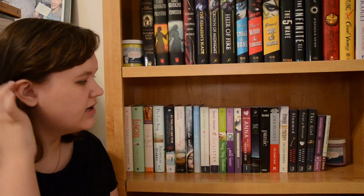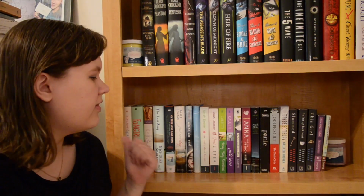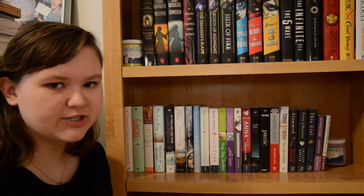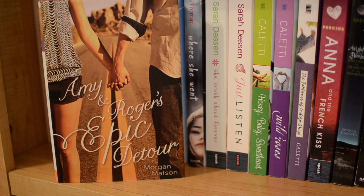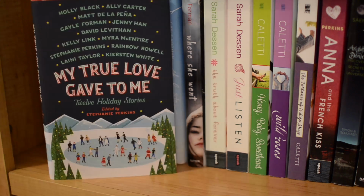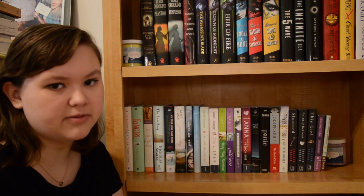So next we're moving on to my contemporary shelf. This is mostly all my contemporaries. All the way on the left we have my Rainbow Rowell collection. I have Eleanor and Park and Fangirl. Next, I have Amy and Roger's Epic Detour by Morgan Matson, The Last Song by Nicholas Sparks, My True Love Gave to Me, which is a compilation book edited by Stephanie Perkins